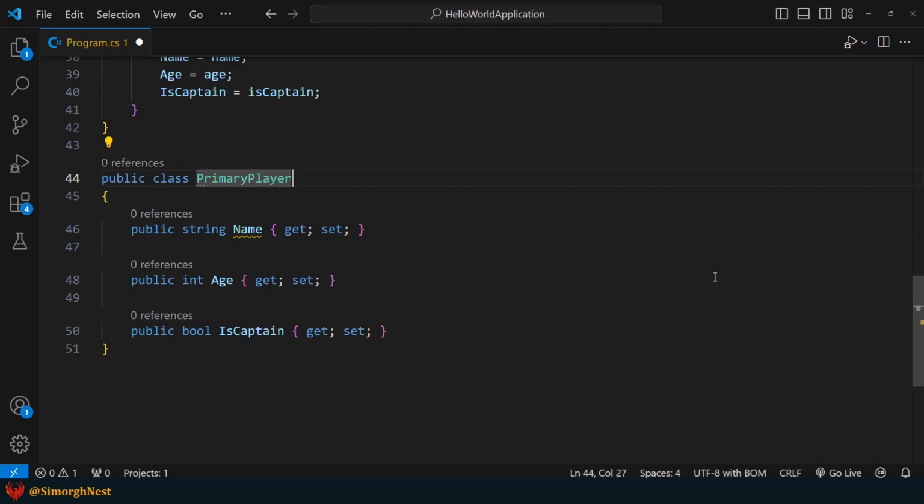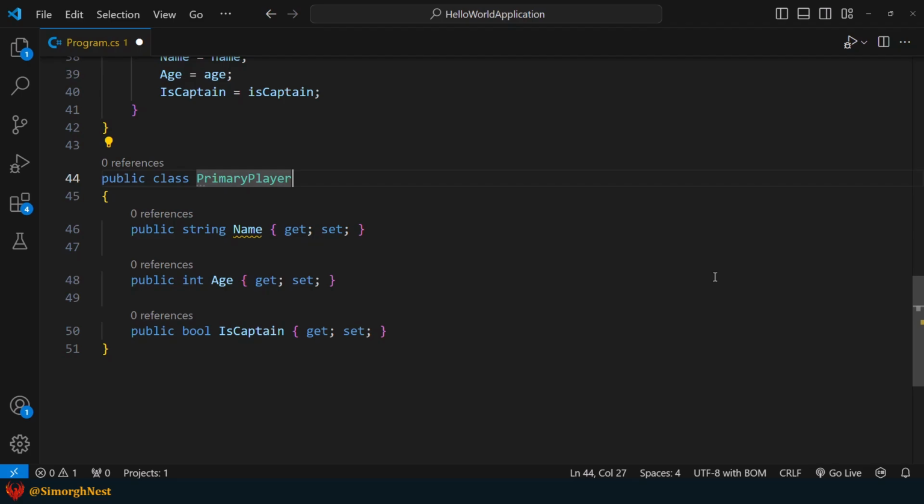Second, the primary constructor should be able to set values for all the properties of the class. For this primary player class, there are 3 properties: name, age, and is captain. So we should add 3 parameters, one for each property. That way, the constructor can initialize everything we need.